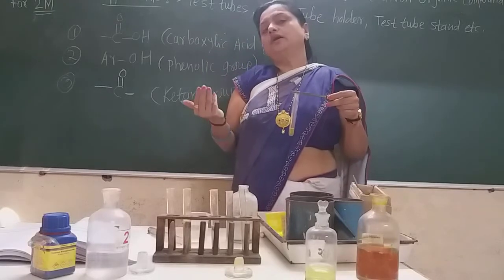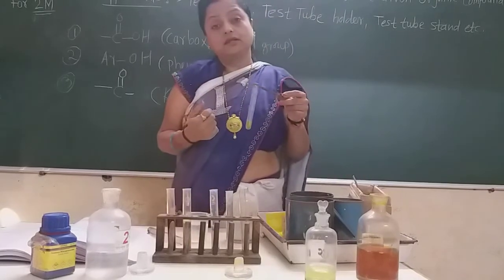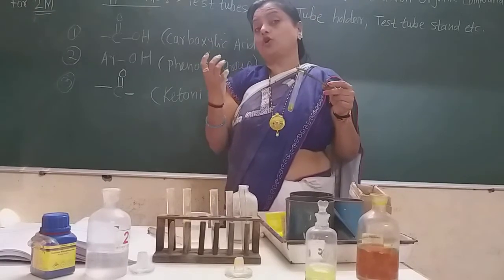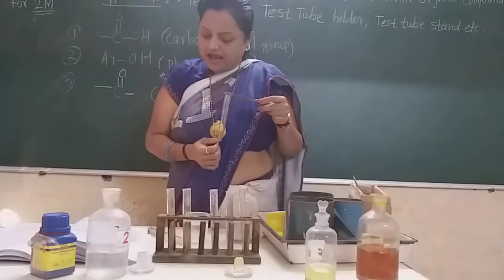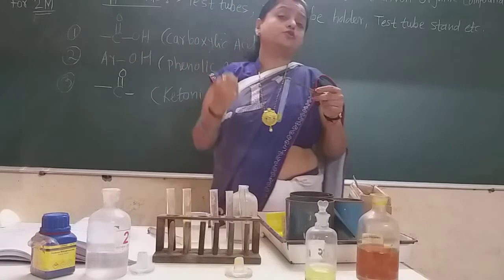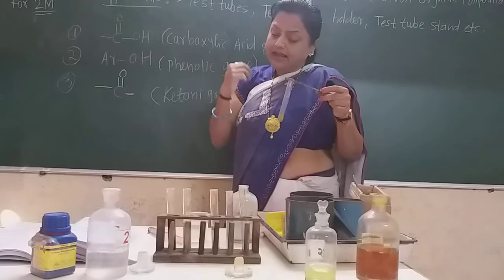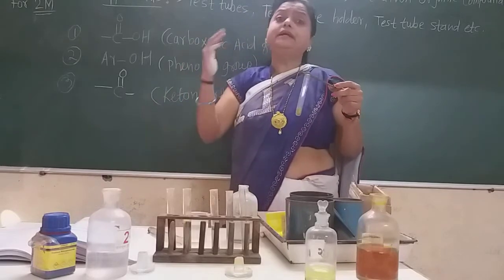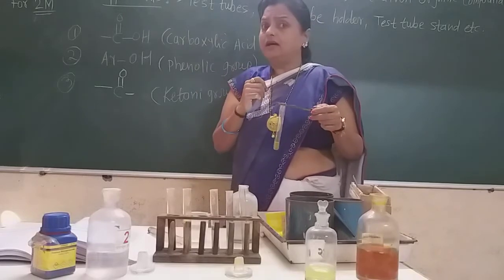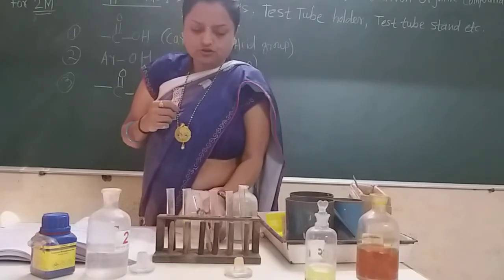You can cool by putting this test tube into tap water or into an ice bath, and after cooling, a nice orange color will be there. Again add some powder of sodium nitrite, NaNO2. After cooling, add the sodium nitrite powder, and after that add the beta naphthol solution in NaOH. So first let us prepare the beta naphthol solution, and then we add it to this concentrated HCl solution.